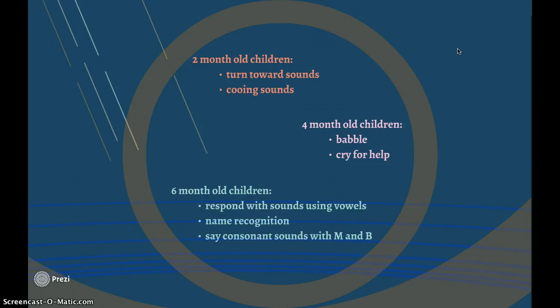And by 6 months, typically, children are able to respond to sounds by making sounds. They can string vowels together when making sounds. They respond to their own name.